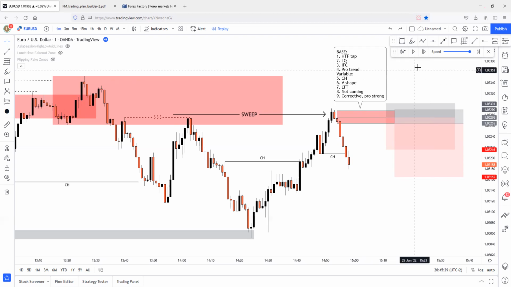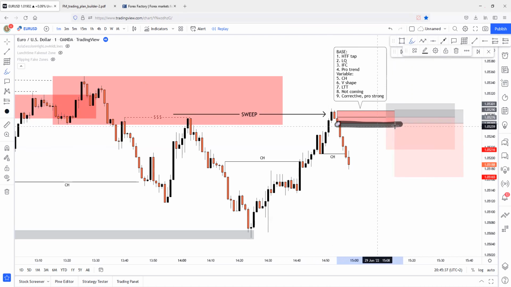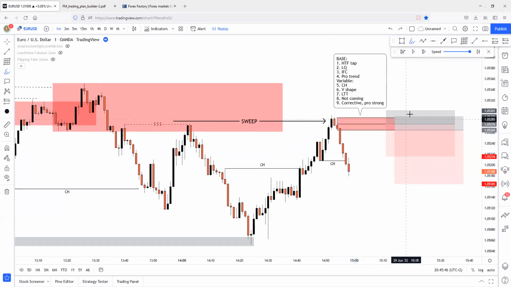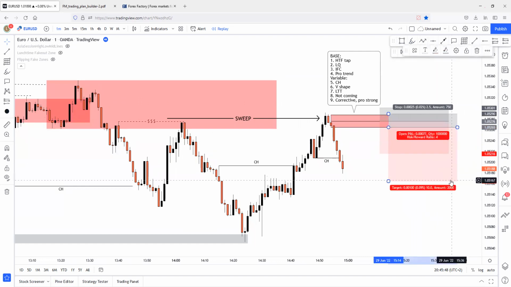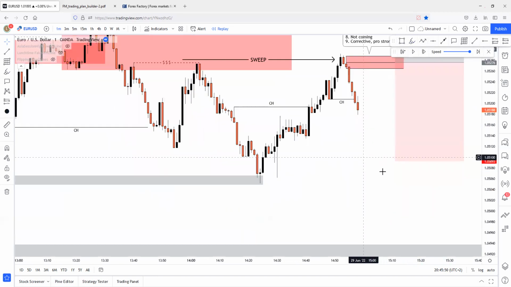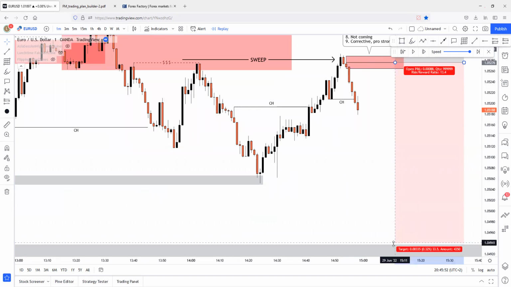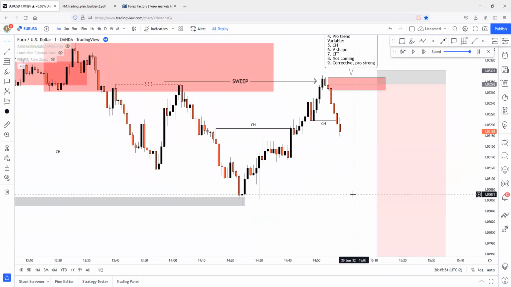So yeah, this is just a small tip, because in this case, I really don't know if price will reverse on the full body or the 50%, because the inefficiency will be filled up here. And if price fills up this huge inefficiency at the bottom of this candle, this looks like an equilibrium entry point. So let's just see the 50% entry, because that looks the correct one right here.